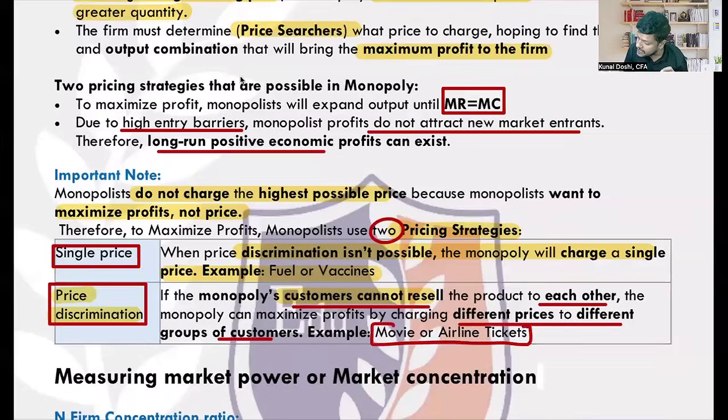This is very common in movie tickets or airline tickets. Have you noticed that in airline ticket selling, they use an algorithm? So they are willing to sell the tickets at the price people are willing to pay. And many times when they have bulk tickets, they sell them at different prices. Isn't it? They make them at affordable prices. This is the reason why, if you ask all the people in an airplane what price they paid for the ticket, you will realize all of them paid a different price, right? So they do perfect price discrimination. That's why you see many of the flights are completely full. So they are operating at full capacity. Isn't it? Why? Because of this amazing algorithmic tool where each user pays a different price. Understood?